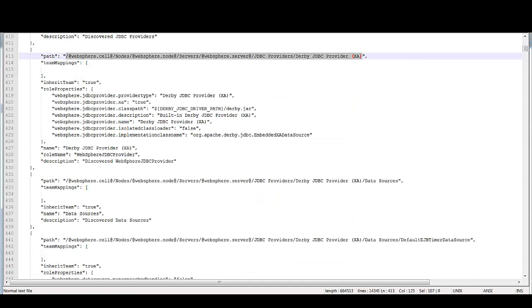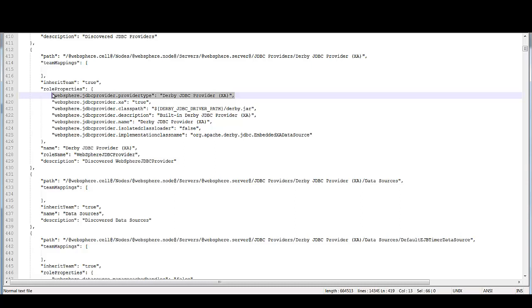Now, what values do I want to find and replace in my configuration data? It's really the role property values that make an object unique. Since that step works to do a find and replace all in your configuration data, I'm going to copy these entire lines one by one to make sure my find and replace doesn't replace anything I don't want it to. So I'll copy this line,